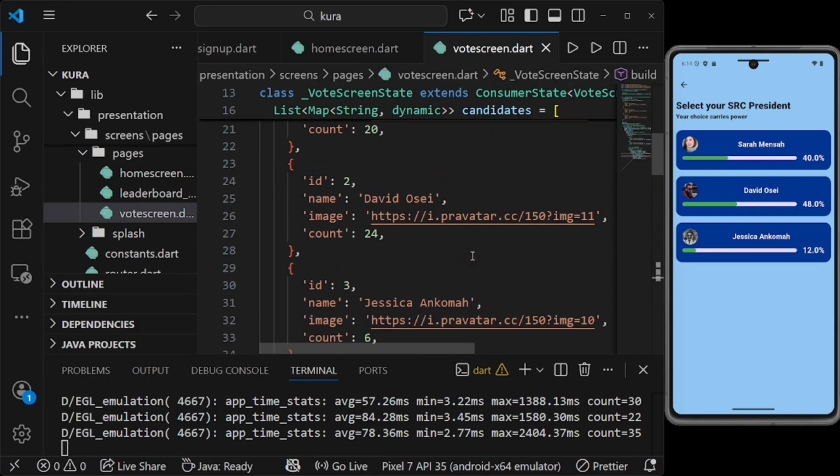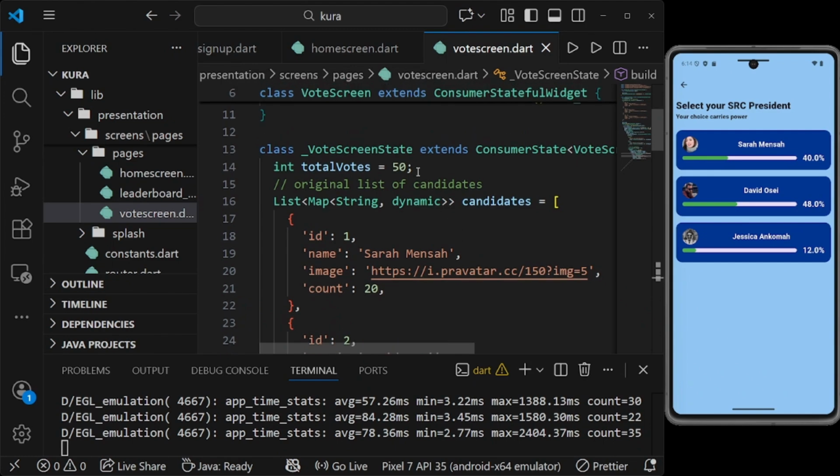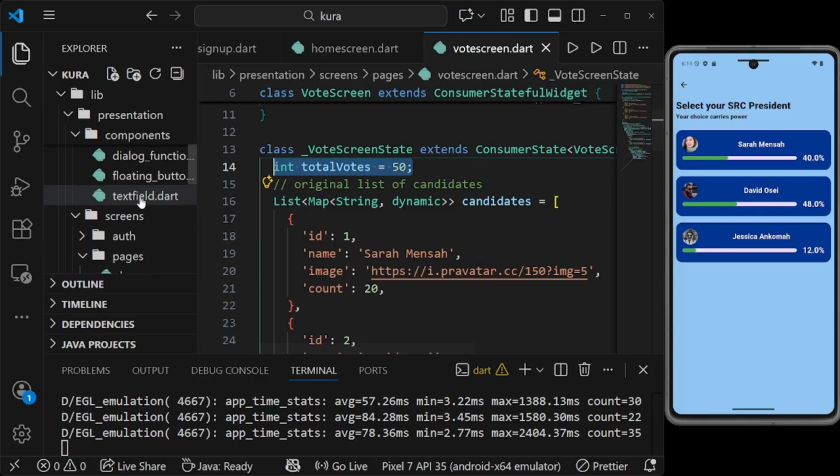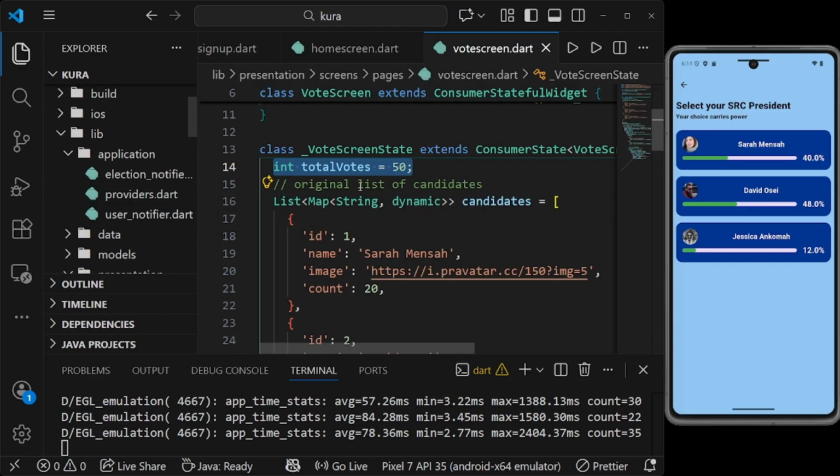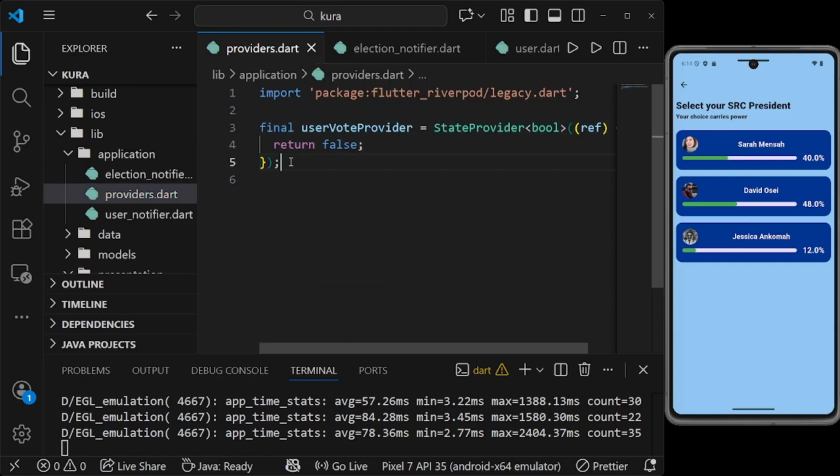But look at that. We need to also make sure that the total vote is not in one particular screen, but is also in a centralized place. It's going to be around the provider as well. So let's put this also in a provider. If you want to add this int total vote as a provider, you're going to the providers,